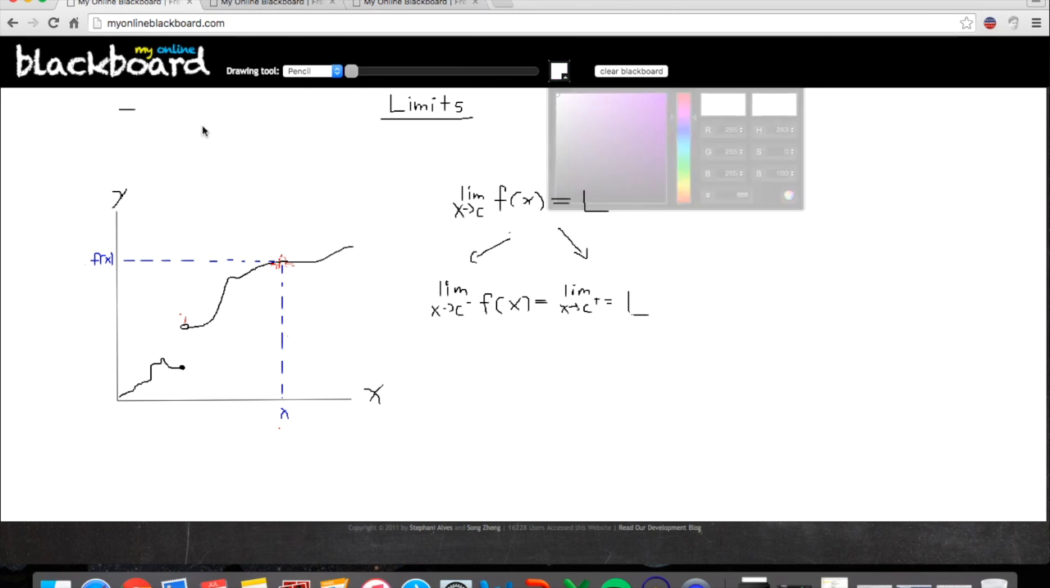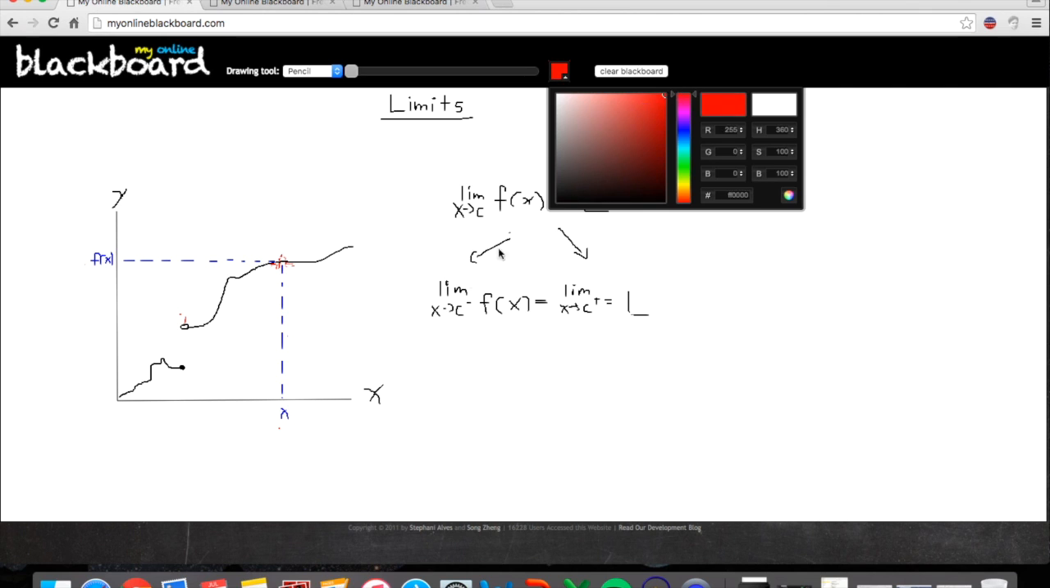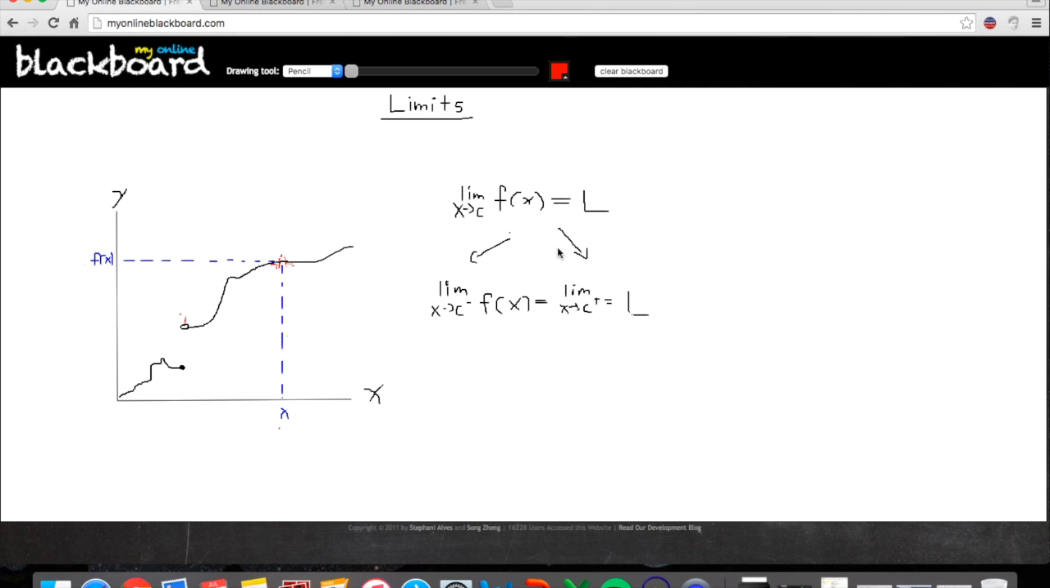The definition of a limit is that a limit describes an output as an input approaches a certain point and gets arbitrarily close. So what do I mean by that? Basically, as this input x approaches this specific point C, as I get really, really close on both the left and the right,